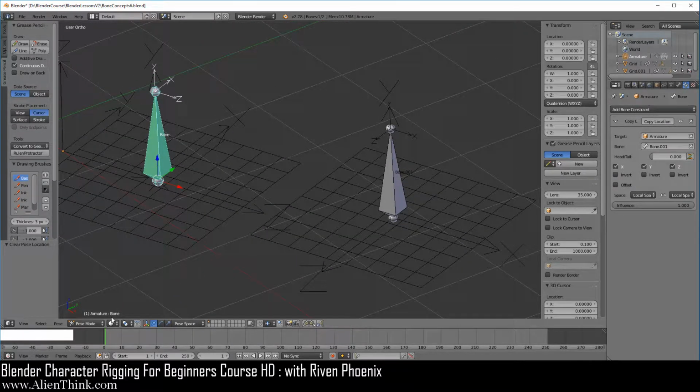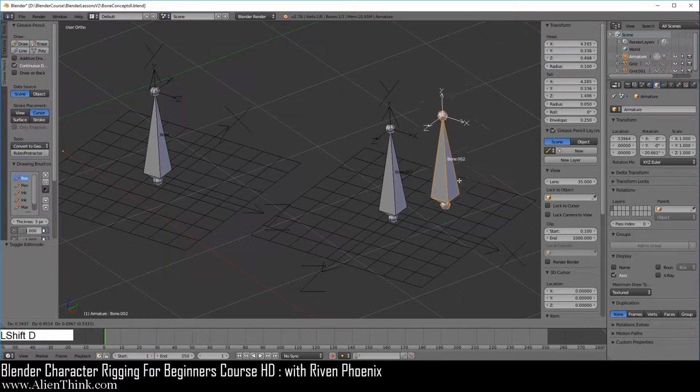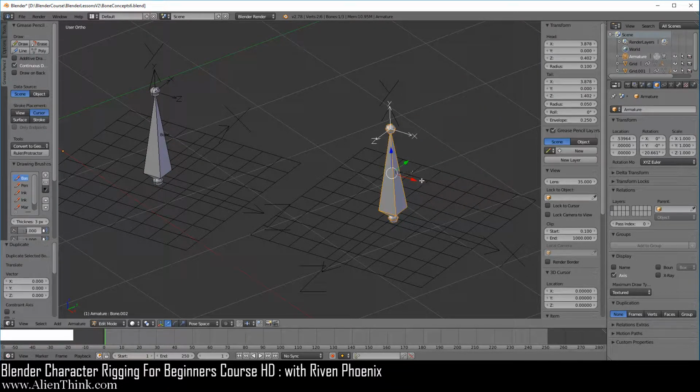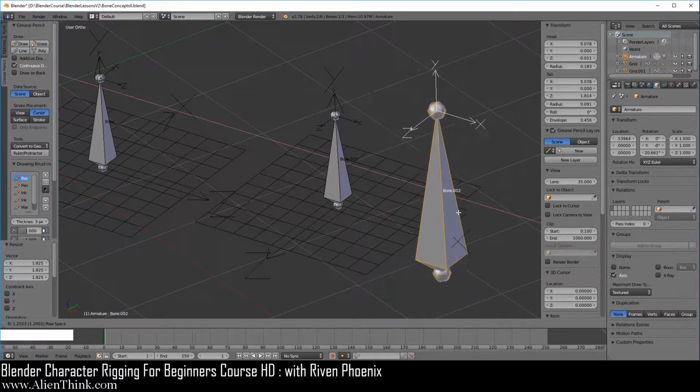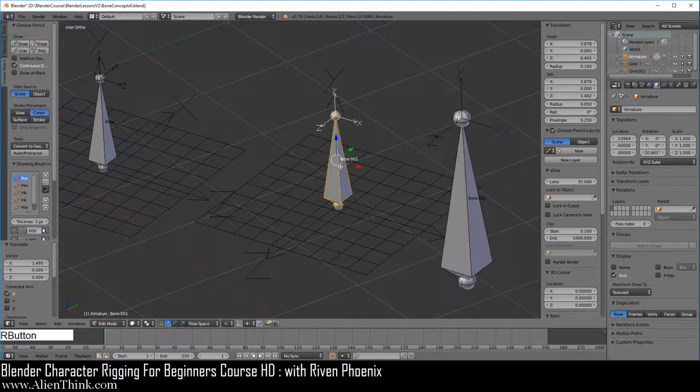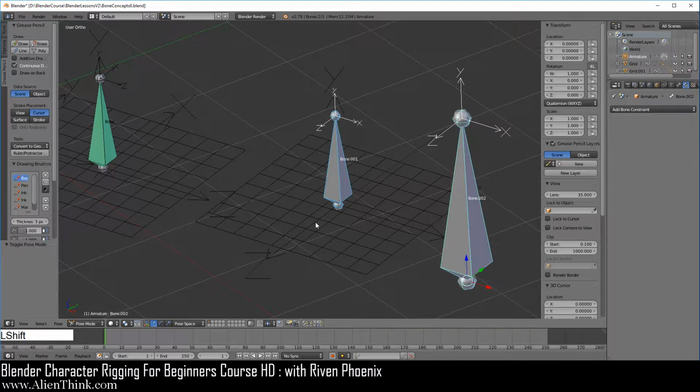Now what I want you to do is first switch to edit mode and click on this bone, do Shift D to duplicate it, right click to cancel, press the S key to scale it, and over here just click on this red arrow and move it over here. Now click on this bone, hold the Shift key down, click on this one, do Control P, and make sure that you do keep offset. If you do connected, it will take the head of the child and move it to the tail of the parent. That's not what we want, so do keep offset. Okay, now go ahead and switch to pose mode.